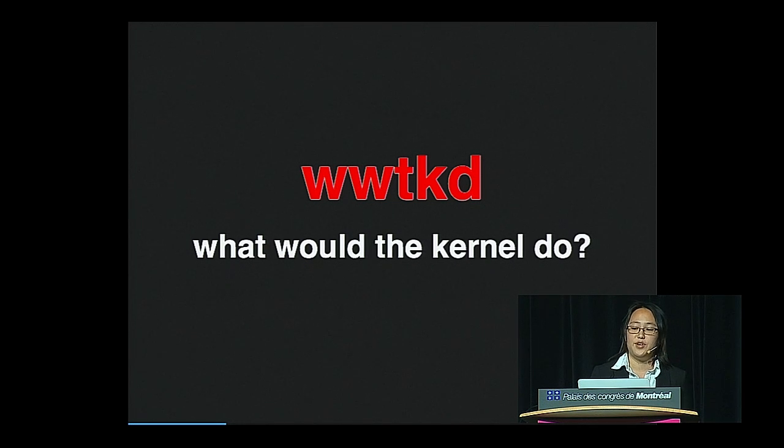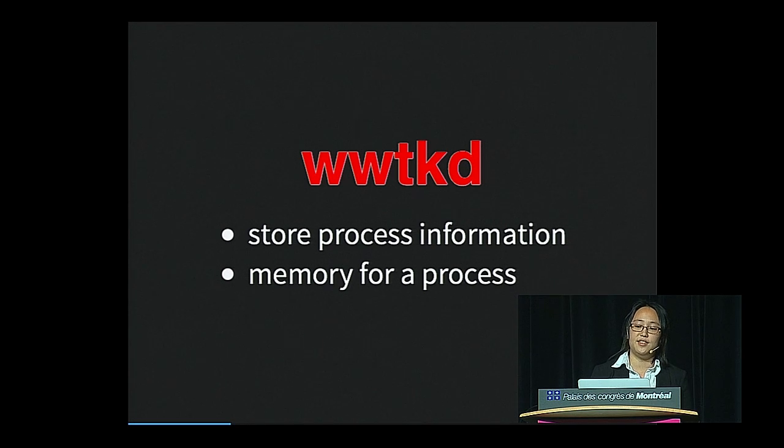Well, to answer that, we should understand what the kernel does when a process starts up. We know that init is some kind of Linux process, and we know that the kernel needs some way to keep track of all its processes. So it obviously needs to store information needed to manage the process. And it allocates memory for the process when it starts up, which means it needs to store what memory belongs to what